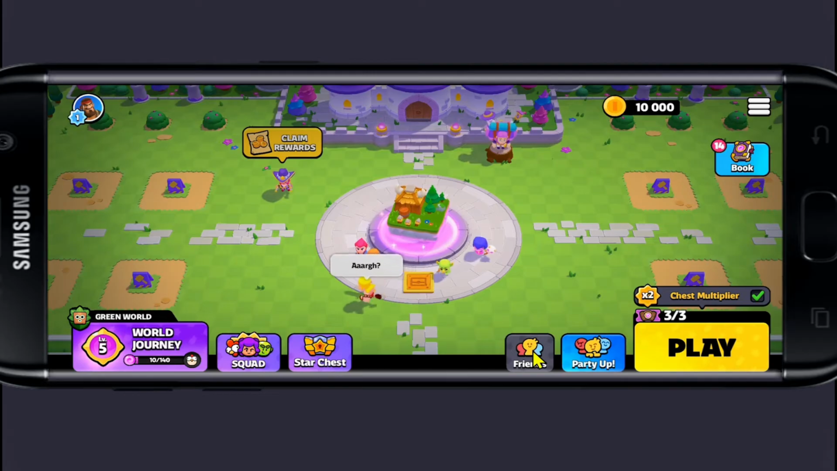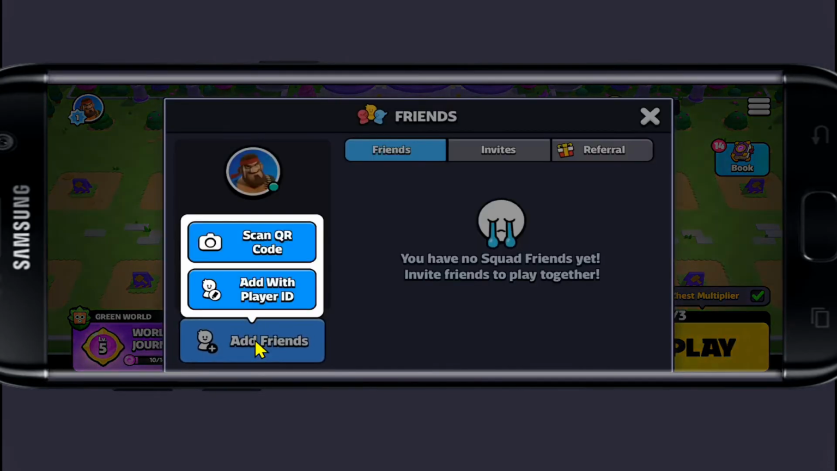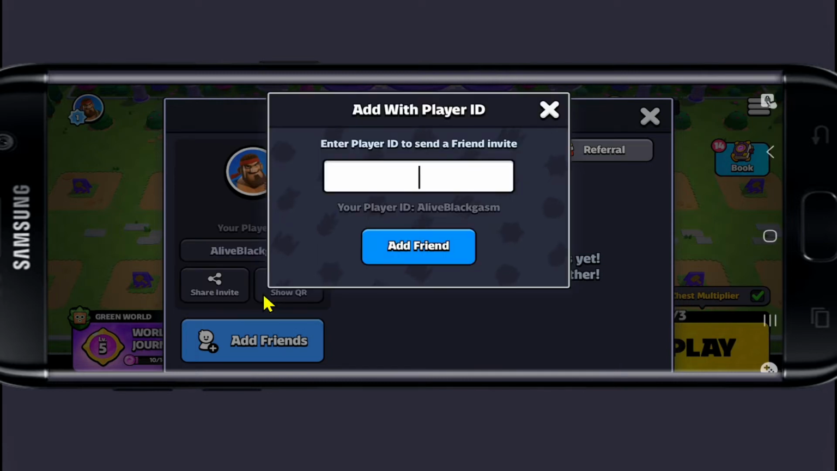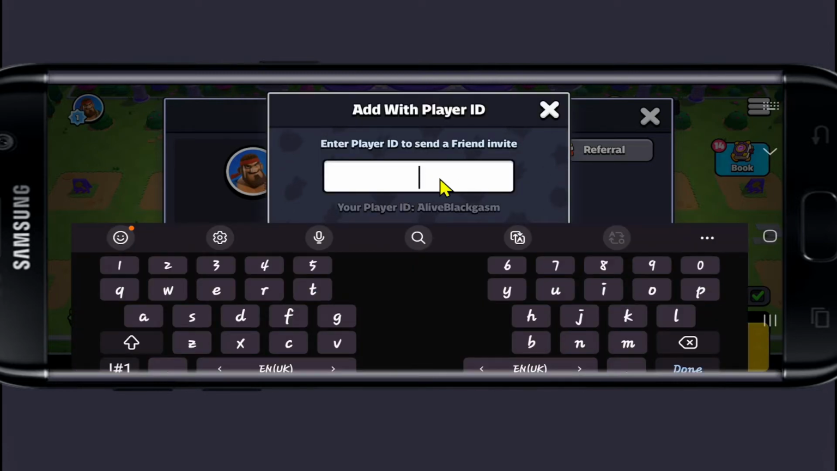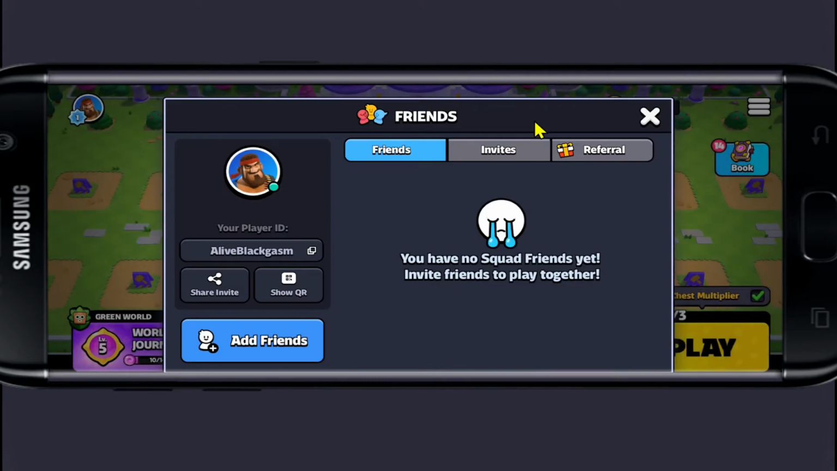Go ahead and tap on Friends from the homepage, and now you will see the Add Friends button. Go ahead and tap on it, and now you can add your friends using their QR code, or you can also add them with their player ID. Tap on whichever option is suitable for you and just type in their player ID or scan the QR code. Then tap on the Add Friend button and this will send a friend request to any user that you have